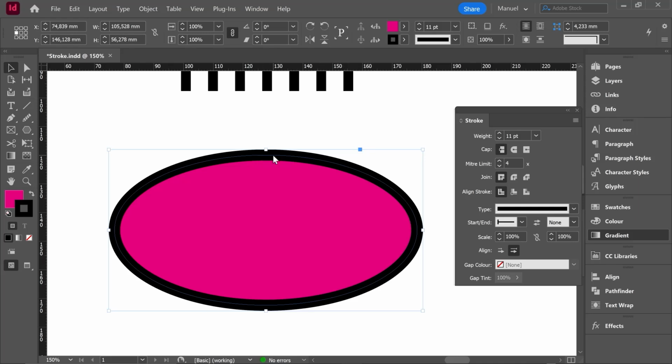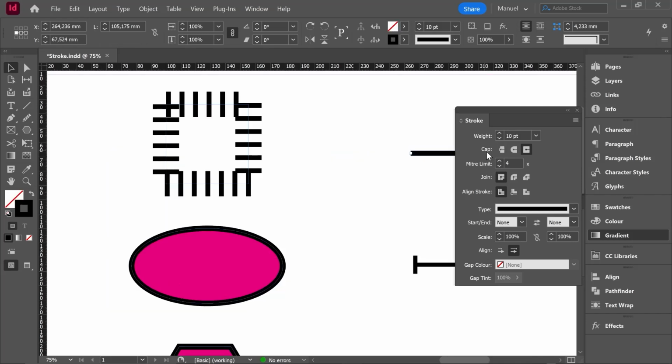The relationship between the stroke and this thread is something that we can play with. So all of these features, cap, miter limit, join, align stroke, are playing with that relationship between the thread and the stroke. The diagrams are very clear in order to have in mind what is gonna happen.